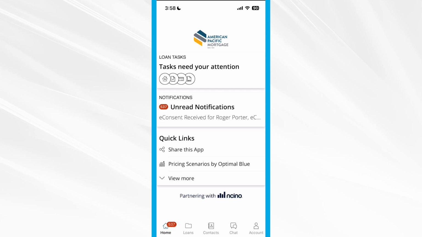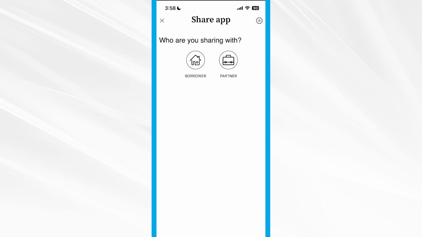Now below that is the quick links, and that includes a place where you can share your app either with the borrower or with the real estate partner. Once you enter that information in and share out that app, it actually will take that information also and go ahead and put it into the Total Expert account so that you can start marketing to them. And I have a whole other video on that one as well that you'll want to take a look at,